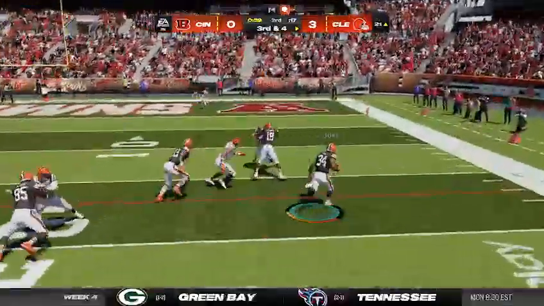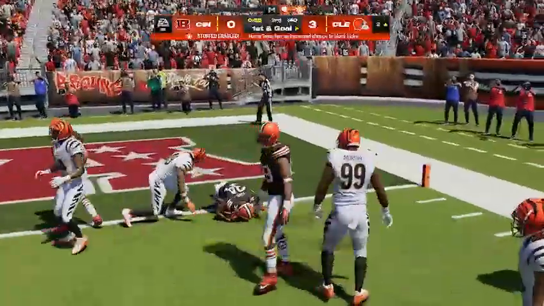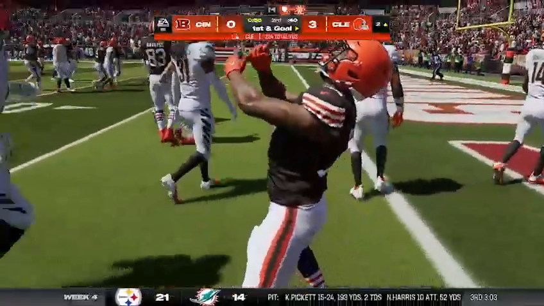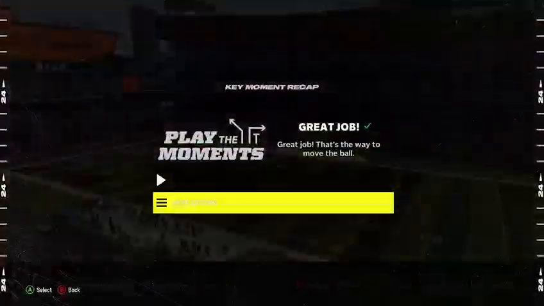Again, they turn to Ford. Stiff-armed him. And he'll be taken down at the 2-yard line. They're able to convert on third down, and that sets up a first and goal. Looks to me like maybe there's a little...